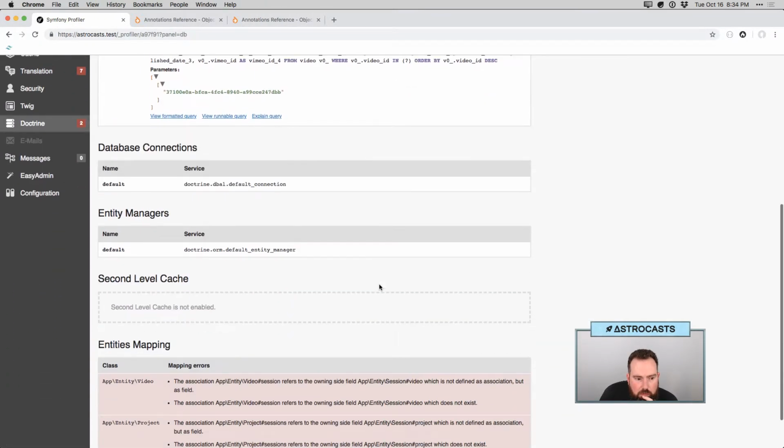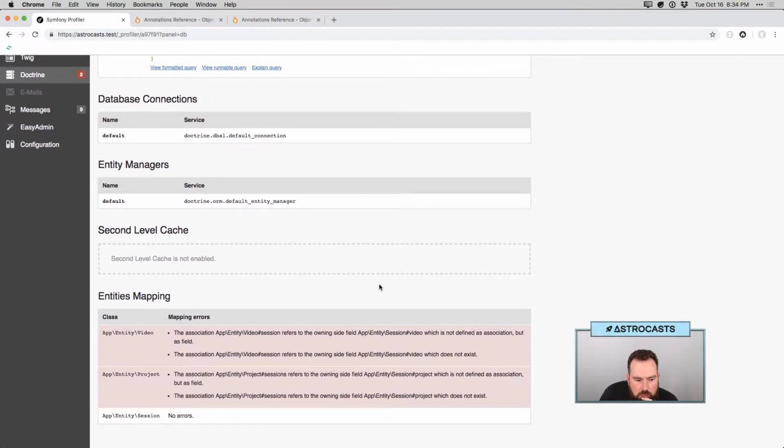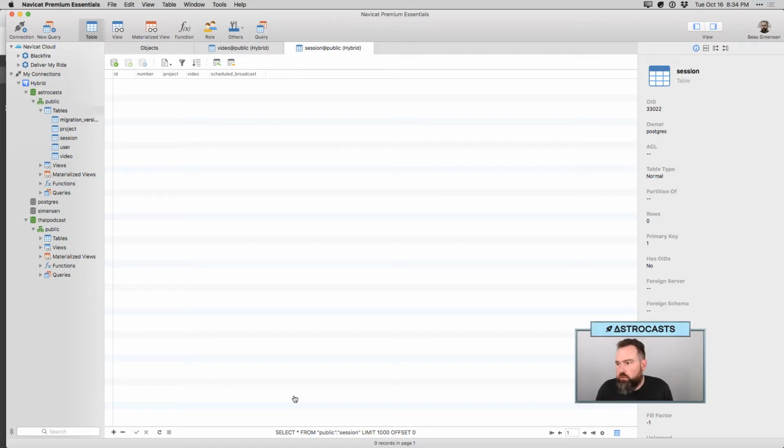Some more statements. So project, the association for sessions refers to the owning side field of app entity session project, which is not defined as an association, but as a field. So I think I probably fixed these incorrectly. So let's go ahead and